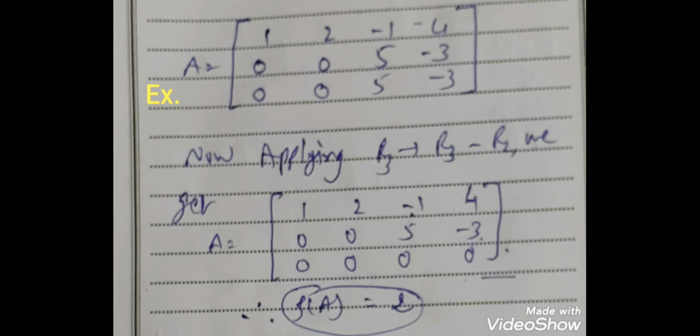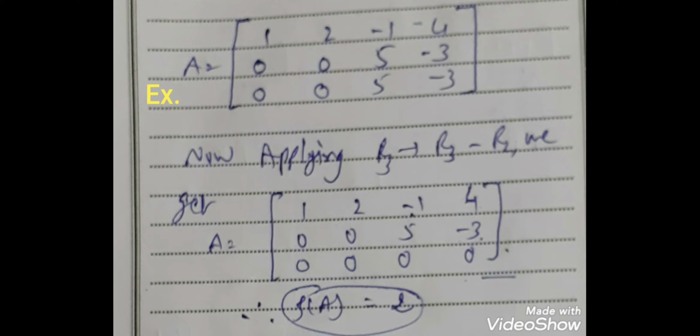So here we can apply the elementary operation on row and column both, then we say that it's a normal form. Now here we get 2 by 4 because the third row has all the entries 0. So a 2 by 4 matrix, but see here the first and second elements of the second row are 0, others are not equal to 0. So if we take the first column, multiply by 1 and add into the third column, then we get one more 0 in the third column, and similarly second column multiply by -2 and add into the fourth column, then again we get one more 0 in that.